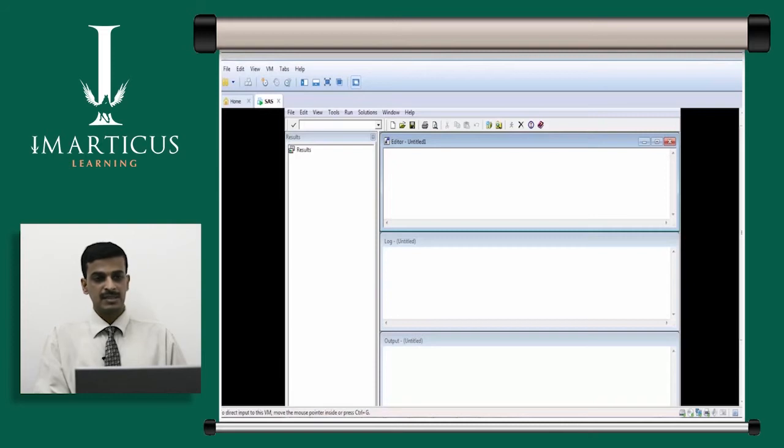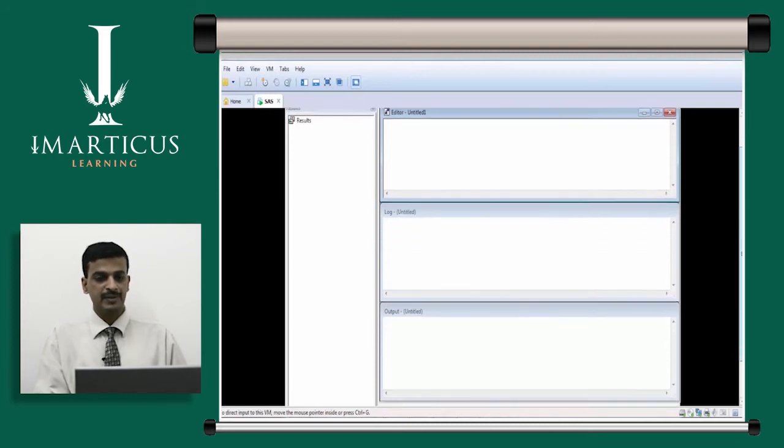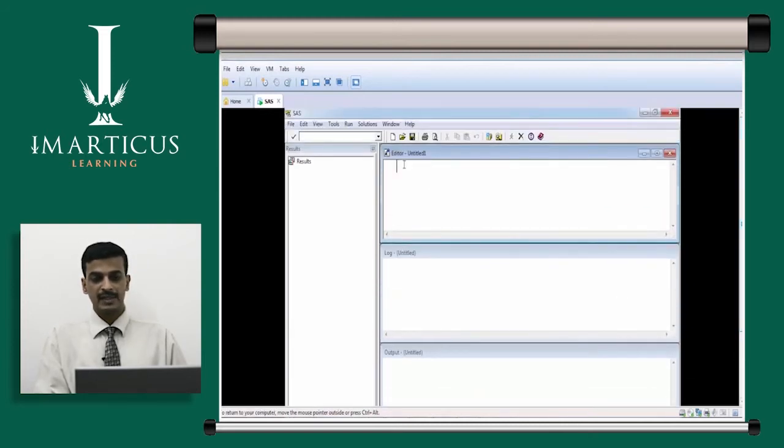So if you see this SAS environment, there are three windows open. We have something called the SAS editor window, then we have this log window, then we have this output window. So this editor window is where you'll be writing your code, and again, as I said, that code won't be a huge amount of code. It will be only a few lines where you'll be calling some predefined SAS procedure or function, and you'll be supplying your data sources that you want to analyze and generate meaningful reports